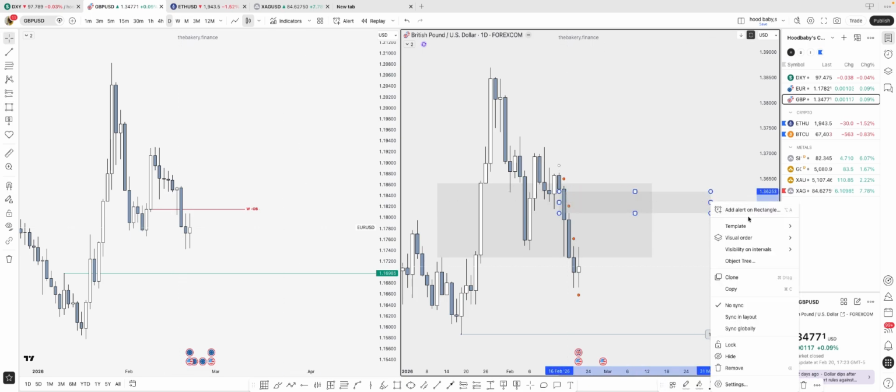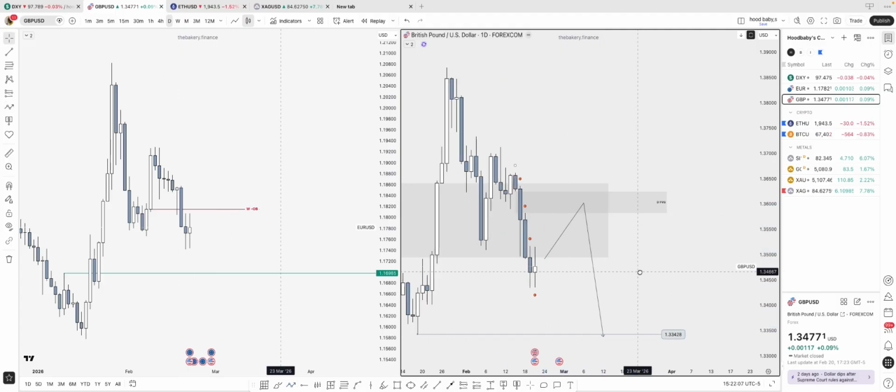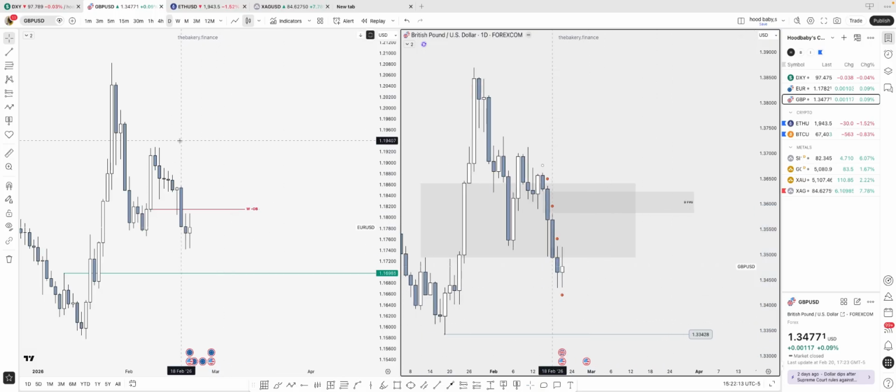And to be honest, I don't see price trading into this. I don't see price coming as far as this for me to just switch lower. But if that should be the case, this is what we should be expecting from a daily perspective. And maybe a run on these highs, back into the fair value gap we invest last week. Highlight that out again.